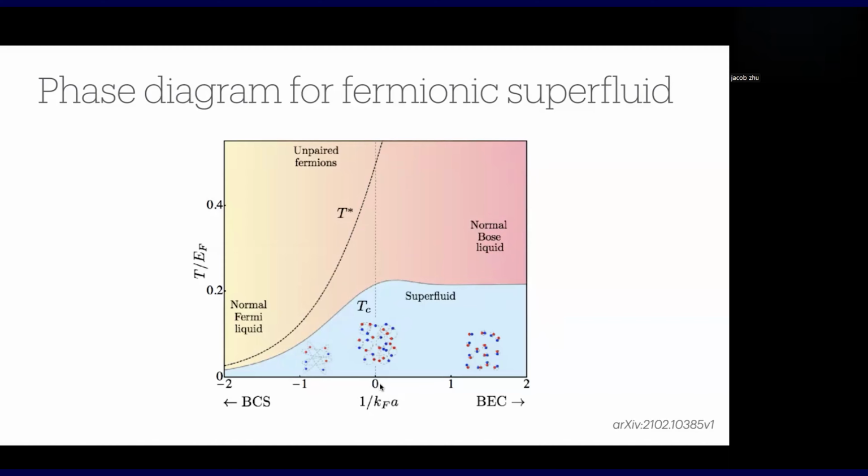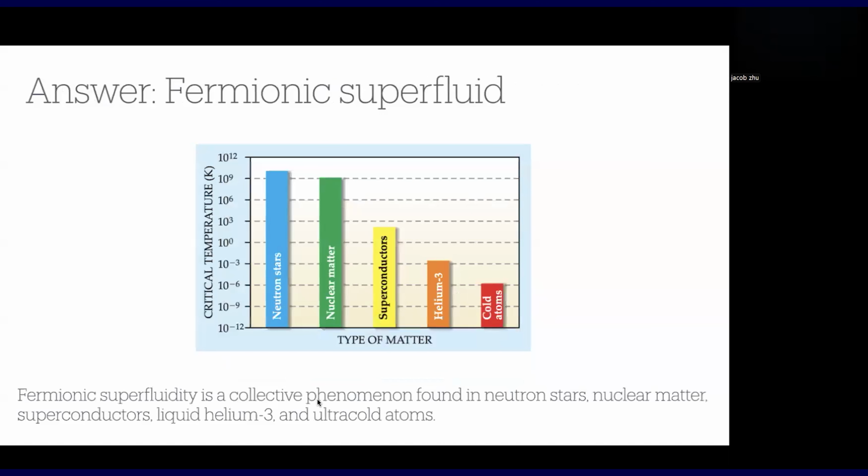And in the middle, we have our special point, which is a unitary Fermi gas, but it just belongs to the same picture. And from now on, I will just refer to this blue part. We will be in the superfluid state, no free fermions, and that's really what interested us. So the answer to my first question is not the microscopic component of all the systems, it's more the collective